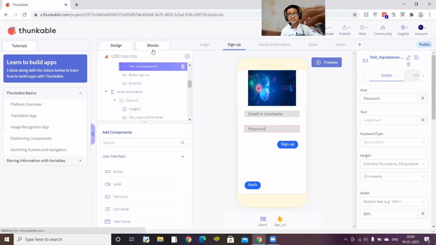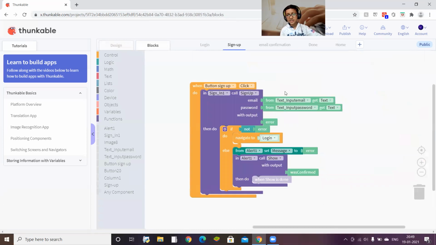So you can name them as you wish and set the email as the text input email. Suppose text input email is equal to 1 in yours and text input password is equal to 2. So here will be 1, get text from 1 and get text from 2, and then